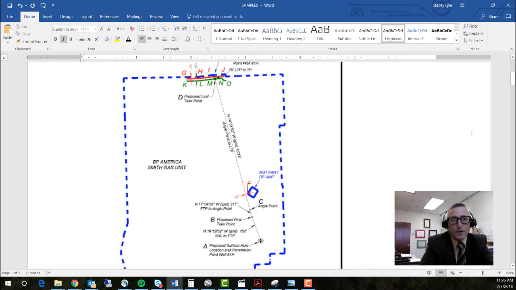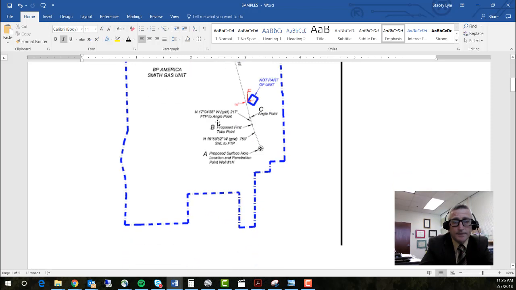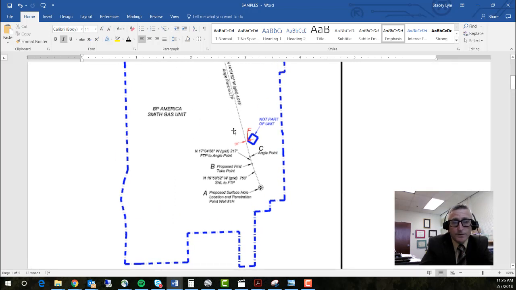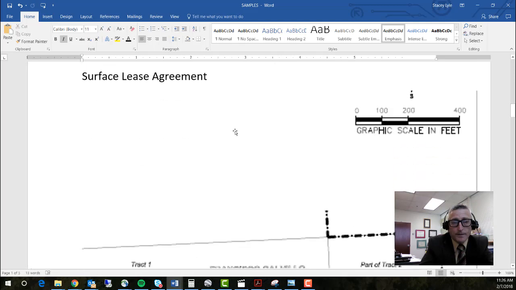And here you can see where I've made an avoidance area that we want to try to avoid. Here I have an area that was not pulled into a unit, so we have to avoid that. We have angle points specifically. I calculated what those angle points are that need to go into EDM Compass. Then we have avoidance points here at the terminus of the well, so they know this in the steering aspect. If we have any offsets or other wells that we need to avoid,